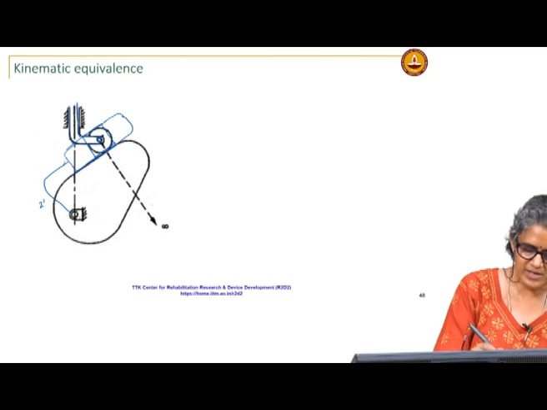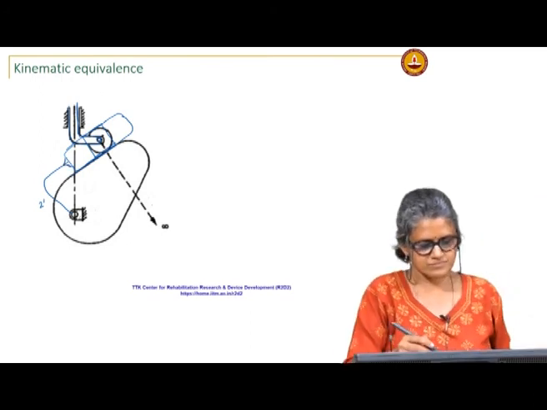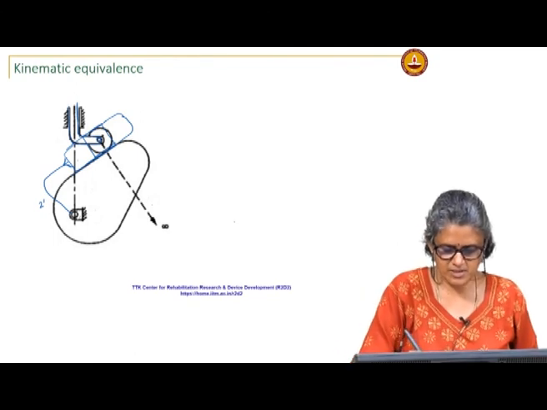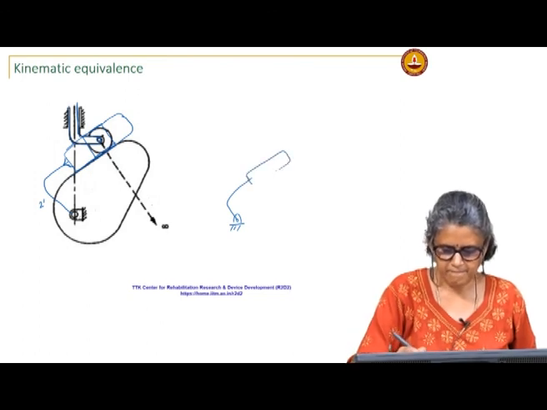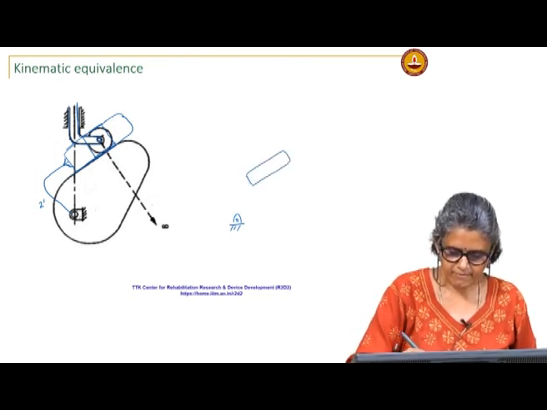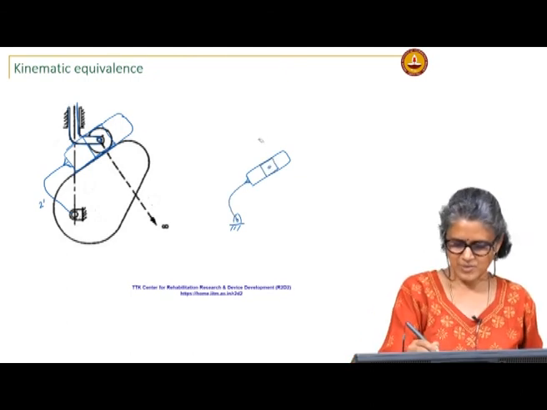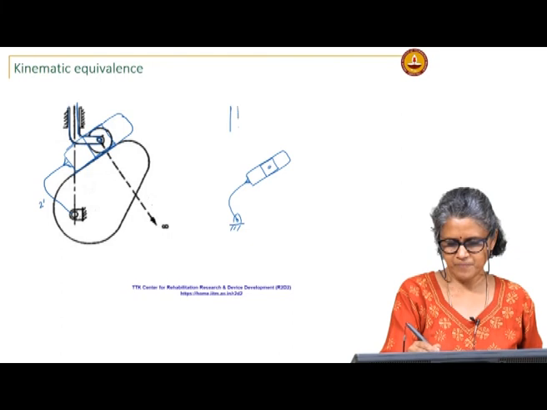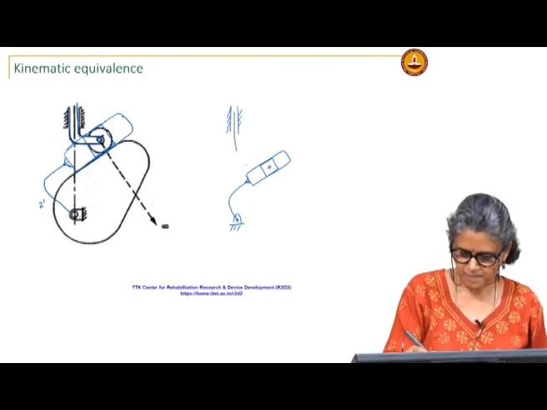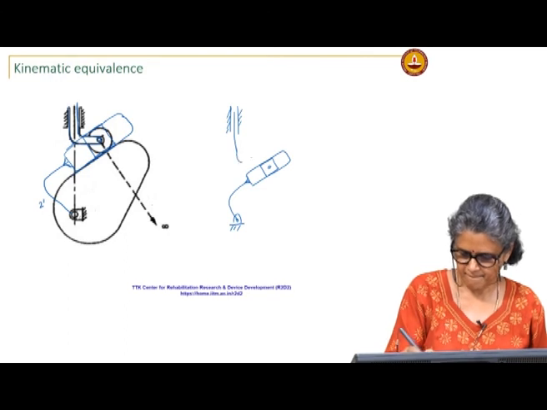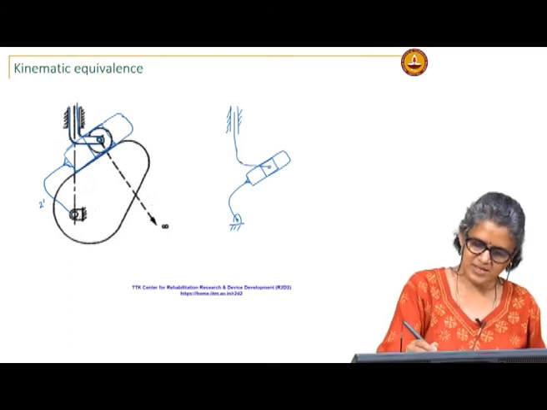So, this is welded here. If I draw this separately, be something like, because the follower is moving in line with this. So, it is essentially like this link is pivoted